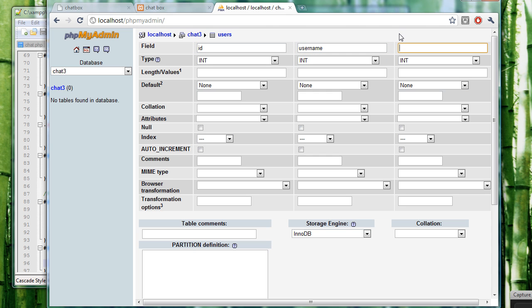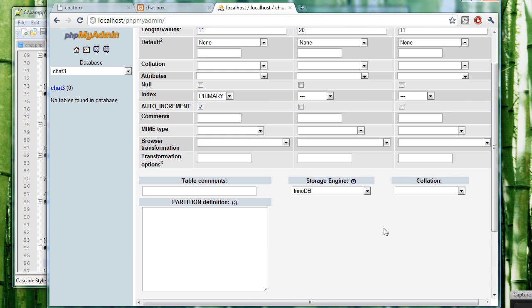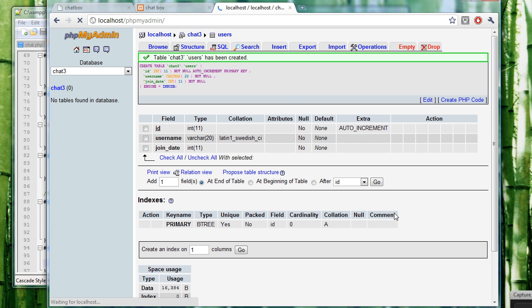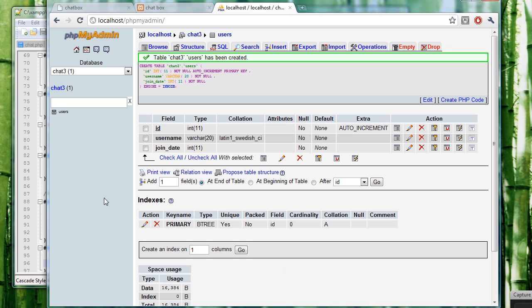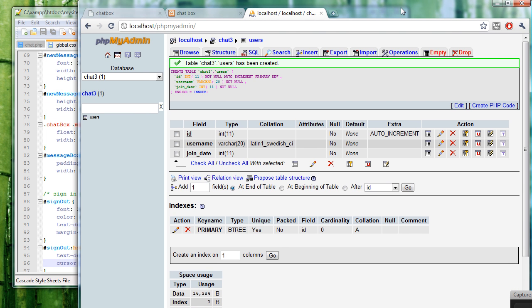And third field, I want it to be join date. 11 characters, varchar 20 characters. And I want this to be the primary and auto increment. That's pretty much all I need. So I'm going to save this. And now that's all done,